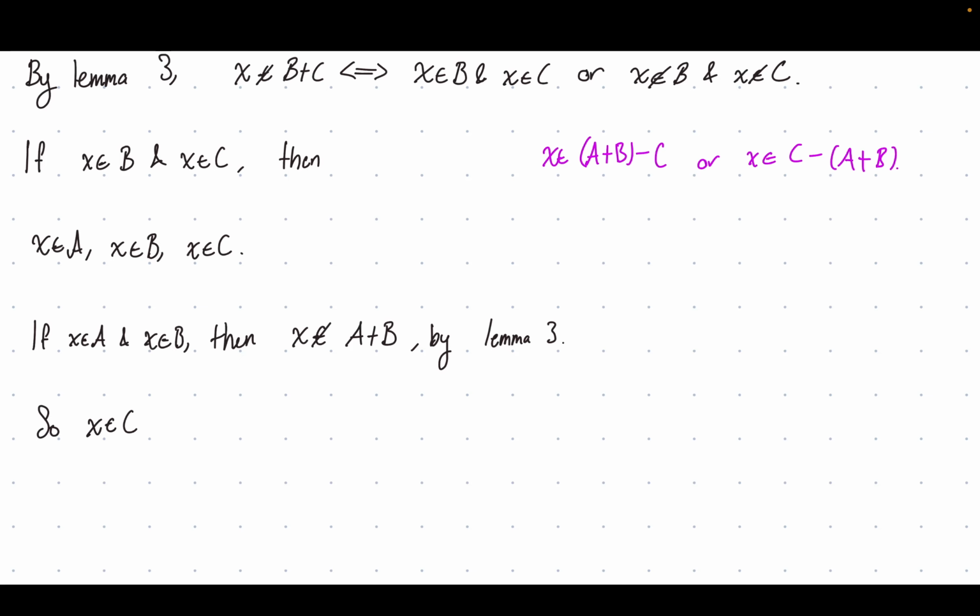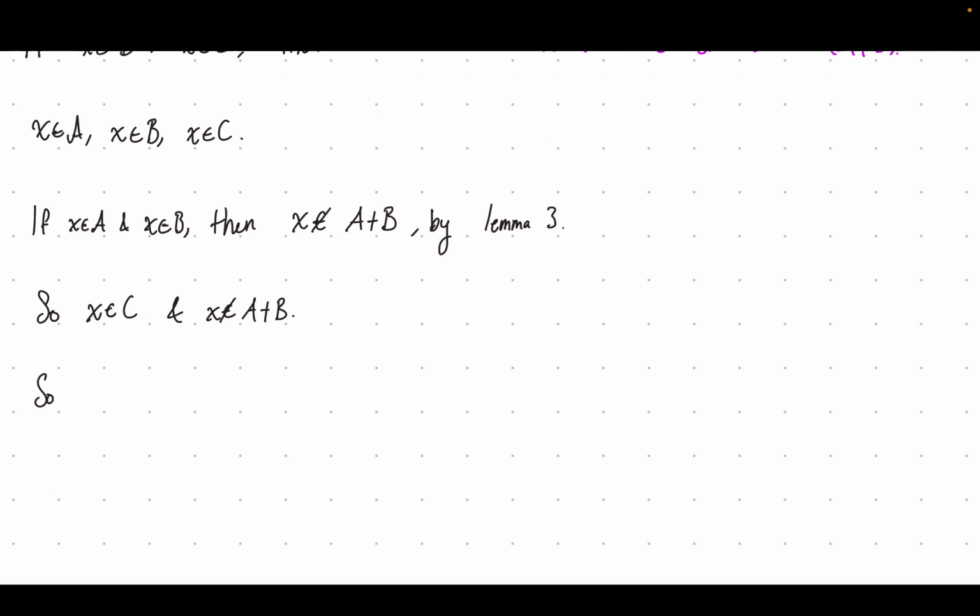So x is in C and x is not in A plus B. So x is in C minus A plus B, which implies directly that x is in C plus A plus B,